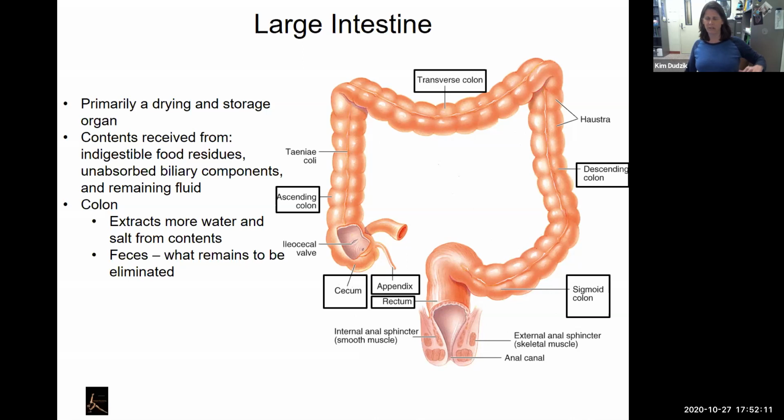And then it crosses across to the left side of your body, so that's transverse colon. And then it goes down the left side of your body, right? So the material moves downward through the descending colon. And then it hits this curve called the sigmoid colon, okay? And so basically, again, it's just extracting more water. So it does absorb. It's extracting more water and salt, but mainly to dry and then compact the waste material